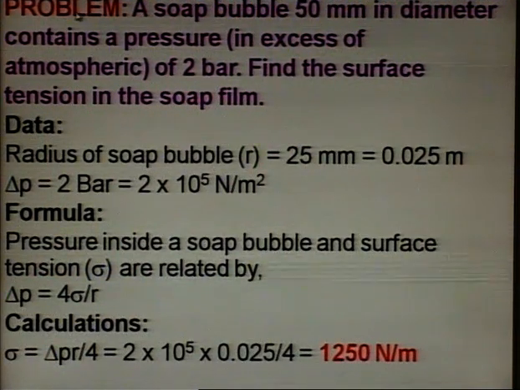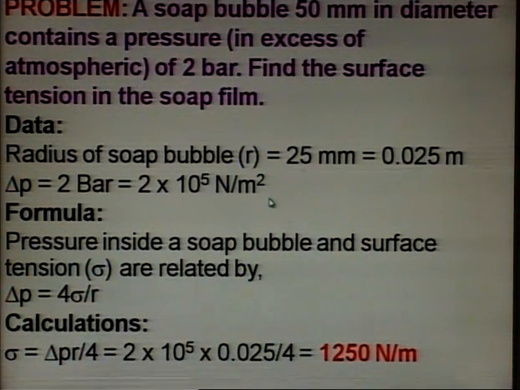So next let's start with the problem. A soap bubble 50 mm in diameter contains a pressure in excess of atmosphere of 2 bar. Find the surface tension in the soap film. So what is given: radius is given, this is 25 mm, so this is 0.025 meter. Then delta P, pressure is given, this is 2 bar, this is 2 into 10 power 5